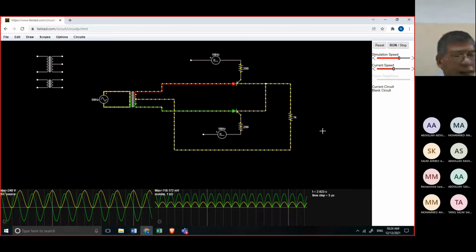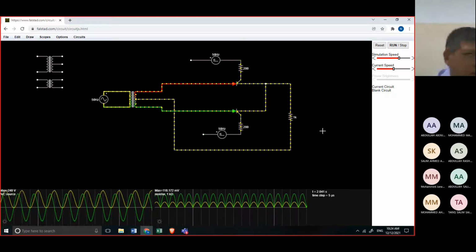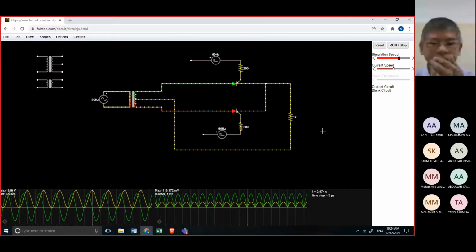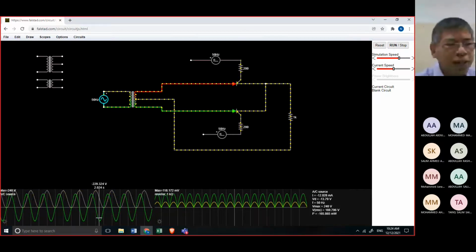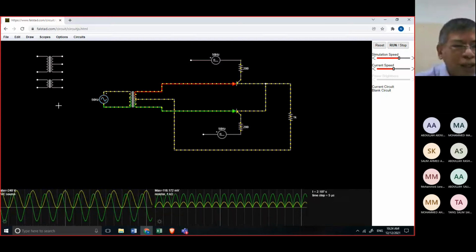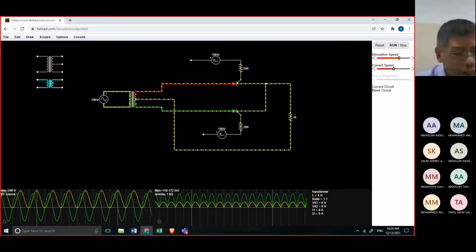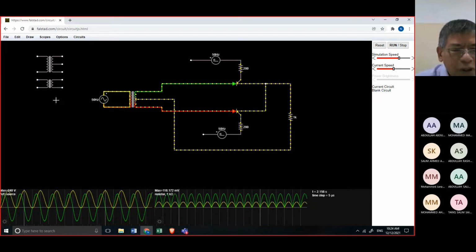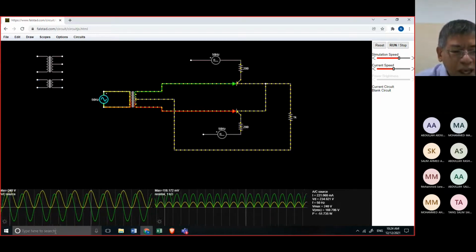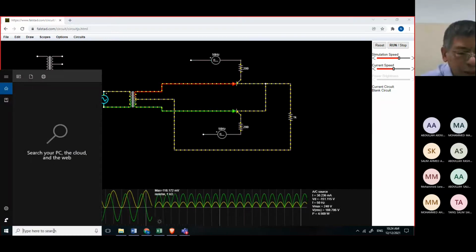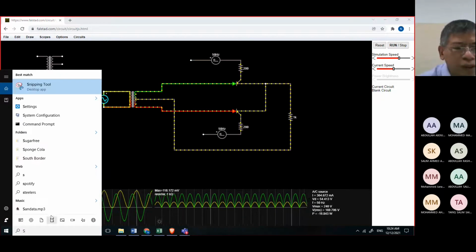So again and again, because in experiment number 2 you did not follow my instruction. I said I want evidence. I want the evidence that you performed this experiment. So, meaning that evidence, I want you to do like this. Before your discussion, you go to a snipping tool in your laptop or computer.